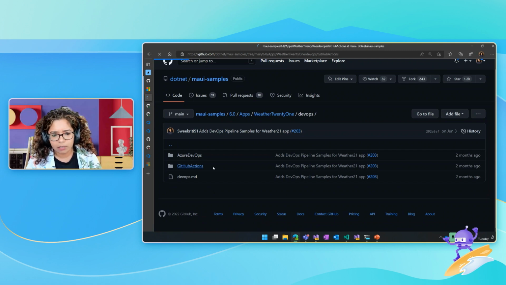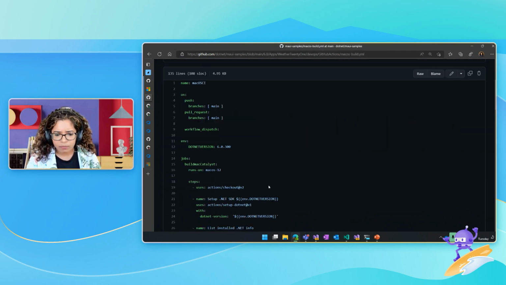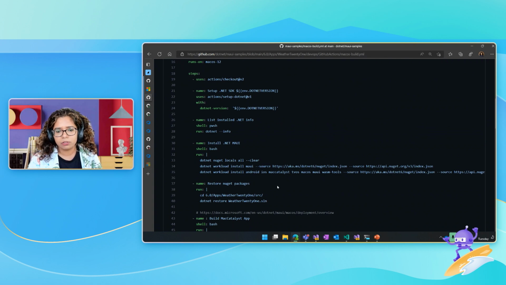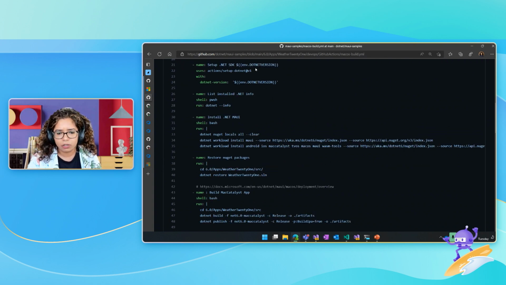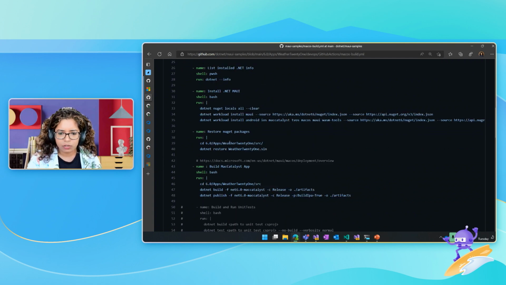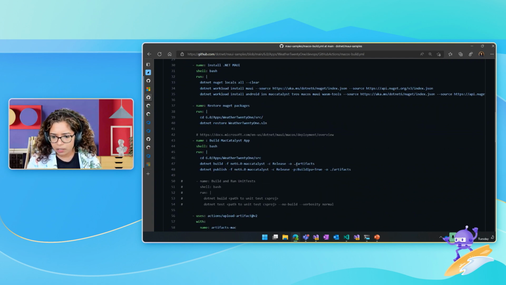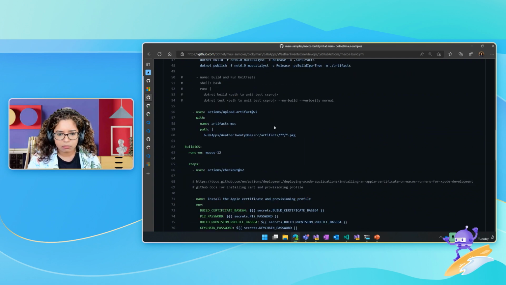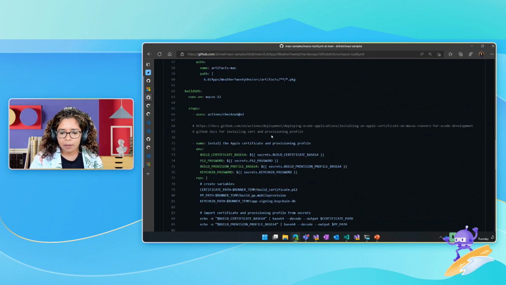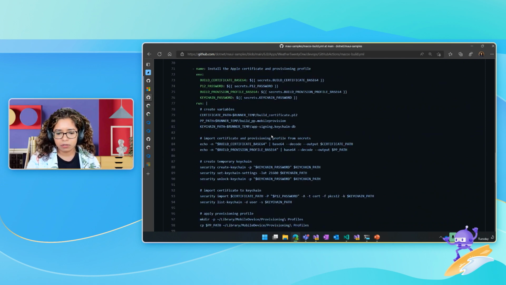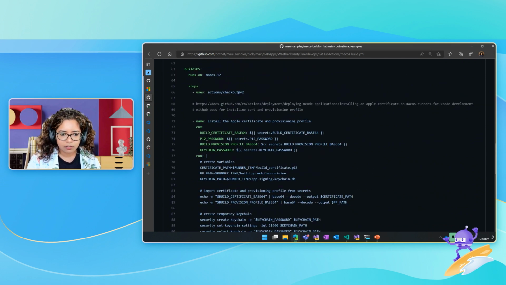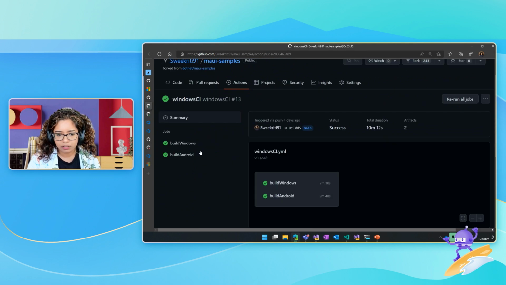So let's look at the GitHub Actions that we have, right? For the Mac OS, when you come in, all those steps that I was talking about are in here. We're setting up the .NET version. We are getting the .NET MAUI workloads. We are doing a restore and build of the Mac Catalyst app over here. Then we're publishing the artifacts. You see, I have the build and run unit test step in here, but it's commented out, right? We'll come back to that in a little bit. And if you notice, the pipelines right now do two different build agents. So this is what a completed one looks like, this is on Windows.